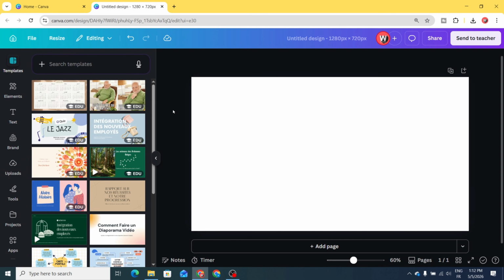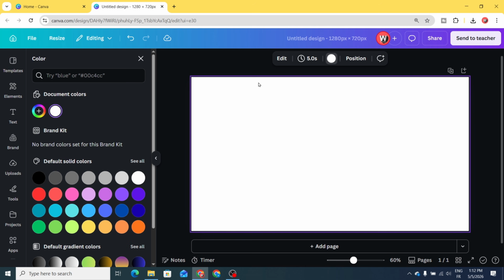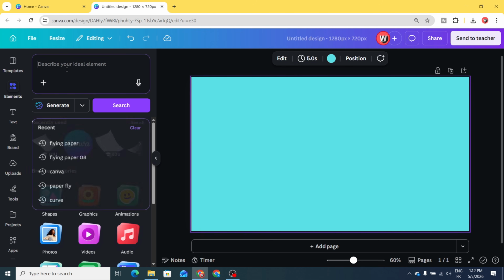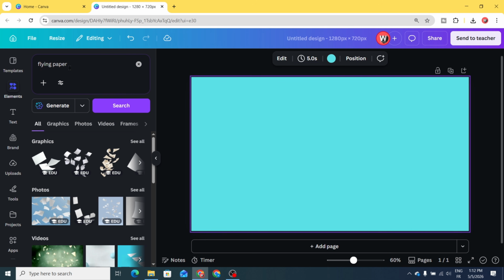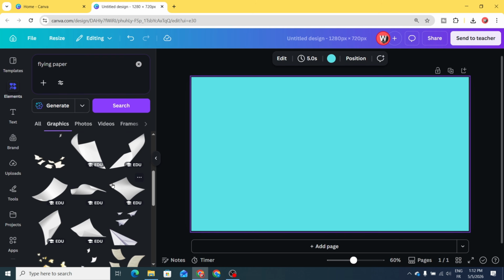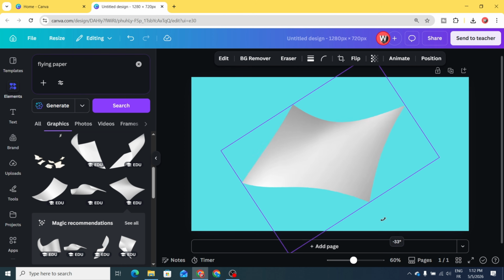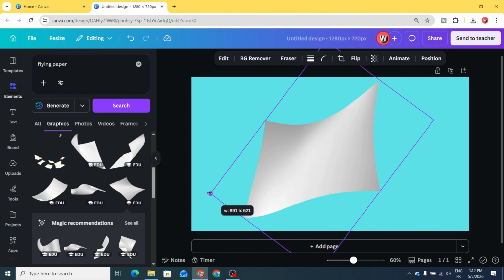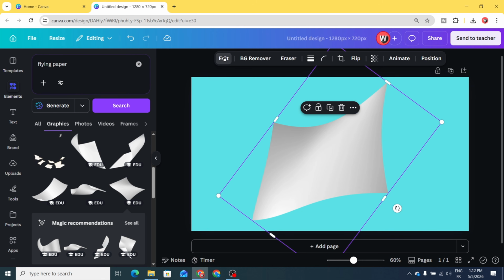After opening a new Canva project, let's click on the background, go to color and change the background color. Go to elements and type flying paper graphics. Scroll down, let's choose this one. Rotate like this and go to edit